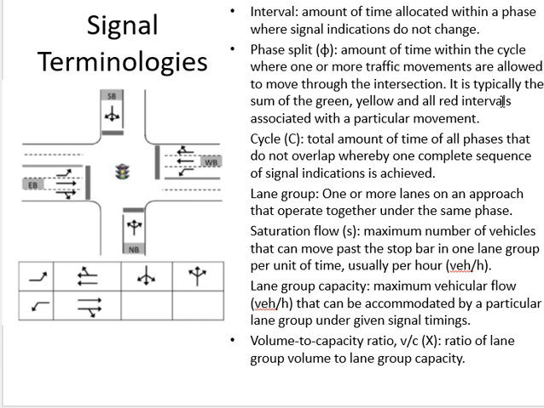Then we have the phase split. Phase split is the time, part of a cycle, in which one or more movements are going together from the intersection. So they are allowed at the same time to go from the intersection. For example,